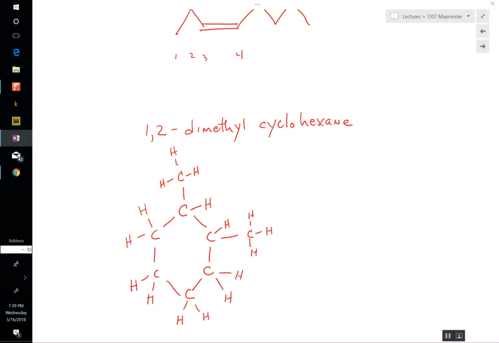All right, because each one of these carbons has 2 things on it, hydrogens. You take one of the hydrogens off and put a methyl, you still got 1 hydrogen there. You need 4 bonds around every carbon. So in chapter 10 and 11,